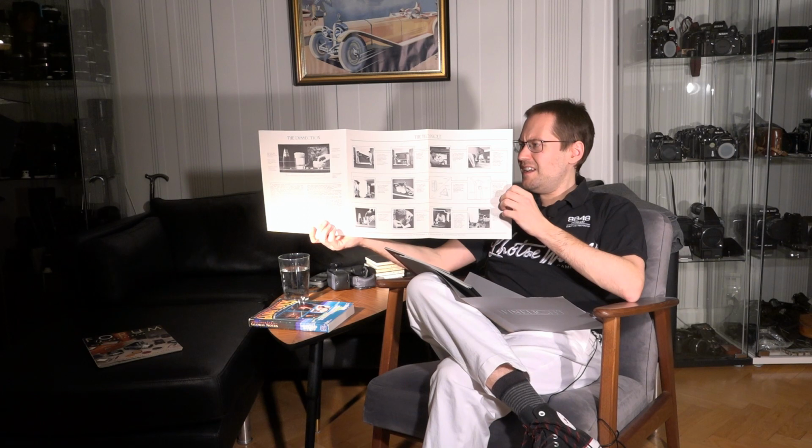Again, it's about how to set up the situation, what gear is used, what type of film, and so on. It is really interesting to see and read about. So yeah, Fine Light, really